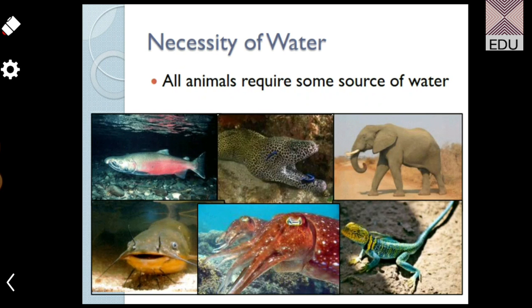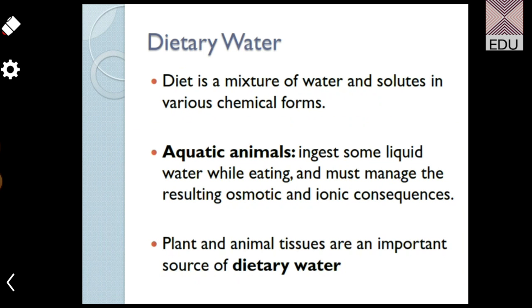So all the animals require some source of water. They can be external or they can be internal metabolic water. Now if I am taking the dietary water into account, what is a diet? It is a mixture of water and solutes in various chemical forms. Now if you take the example of, suppose,